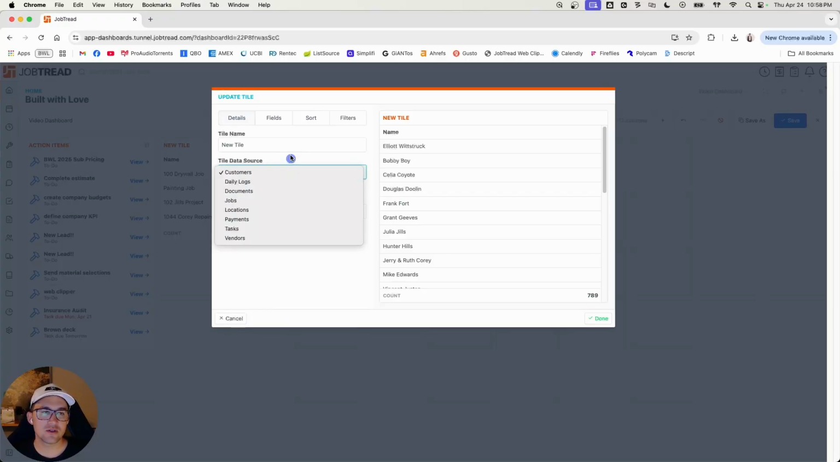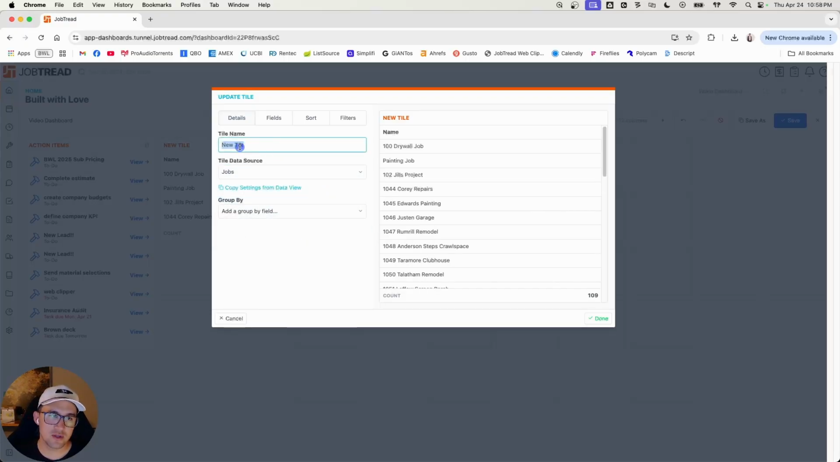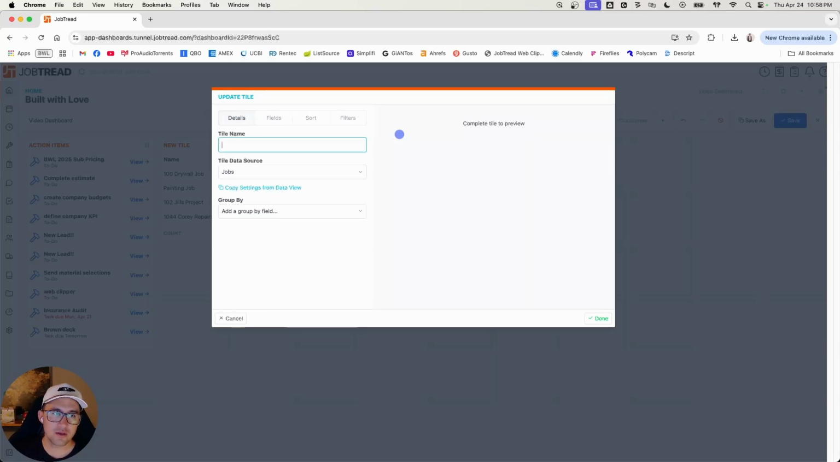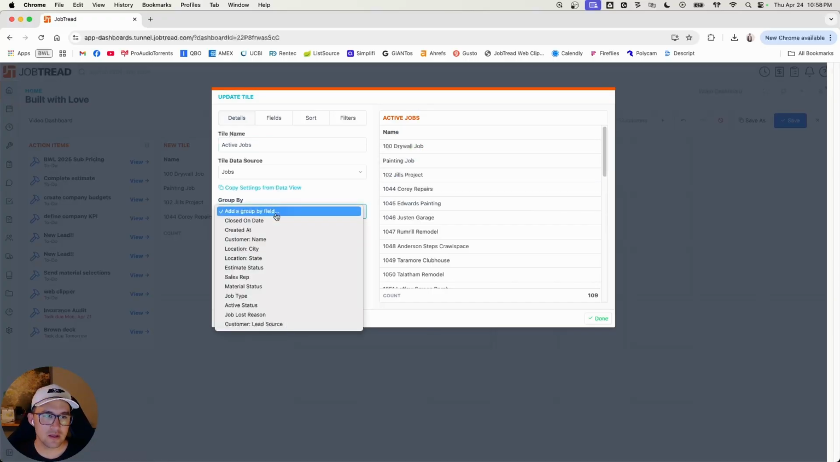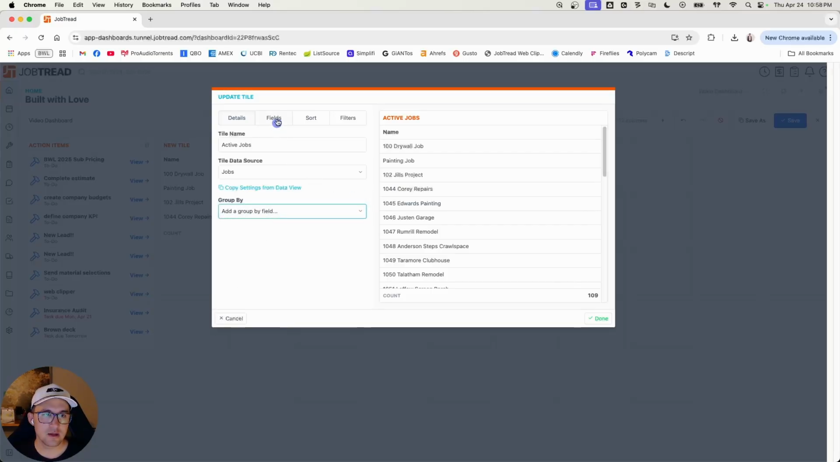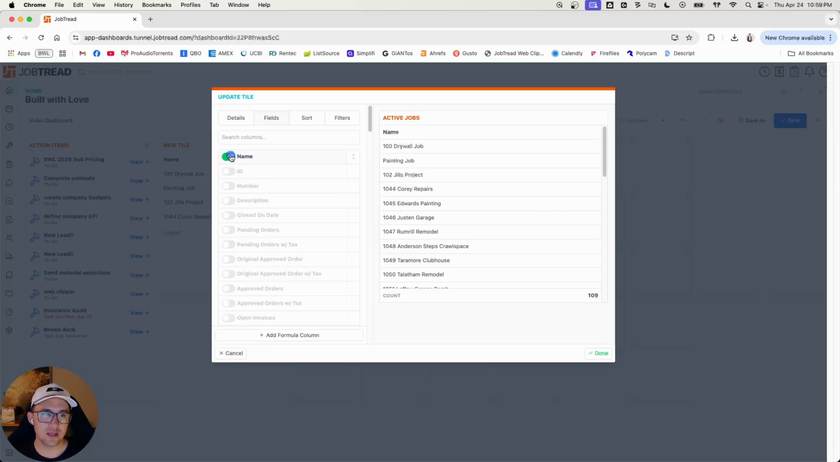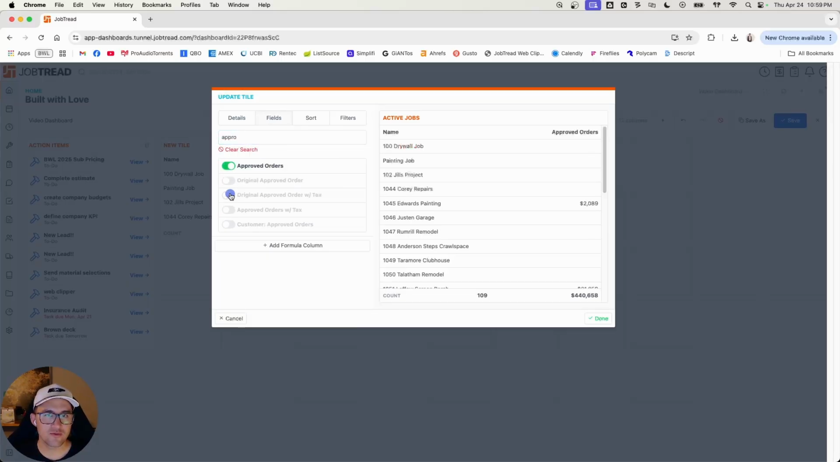So let's just go deep right now. Let's say we're looking at jobs and we want a custom view for a type of job. So this title is going to change there. So we're going to say jobs. Let's just do a nice active jobs view. That's maybe a little different than what we've seen before. We can choose how we group it. I'm not going to group it on anything there. We can go see our fields. So right now we're only looking at name. Let's do name, approved orders,